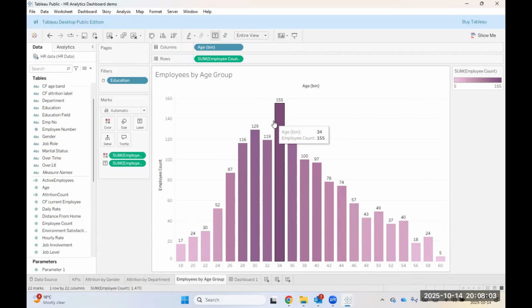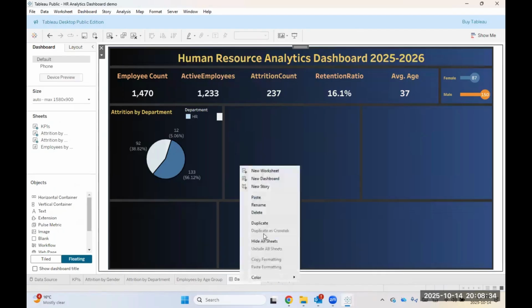So here we created the bin size, and you can see employee count here. You can change this legend if you want, from 5 minimum to maximum 155. So this creates a very nice bar chart in your analysis for your frequency chart. So if we go to the dashboard now, let me rename it to